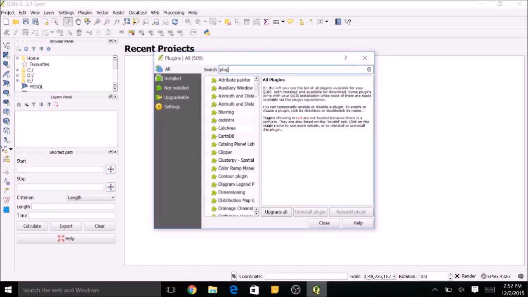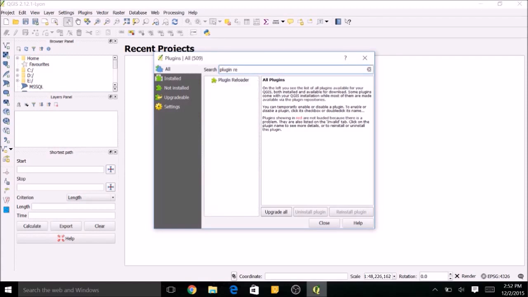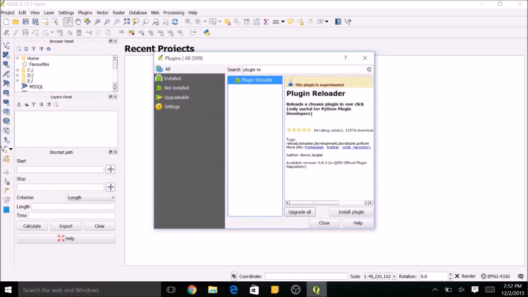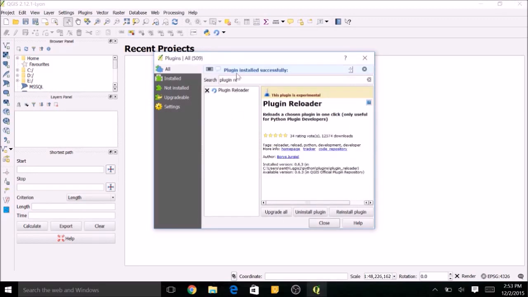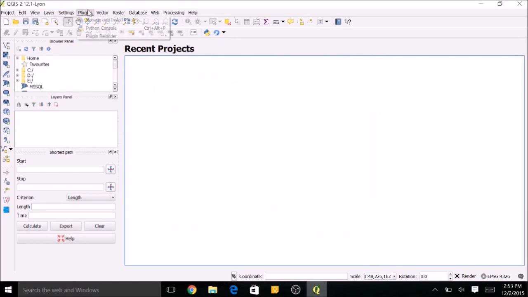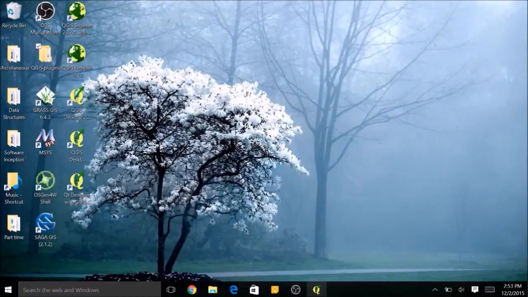We again go back to all and search for the plugin called Plugin Reloader, and we install the plugin. This will create the plugin directory for QGIS so that we can paste our plugin into that same directory. As you can see, plugin installed successfully. The plugin is visible under the plugins menu now.